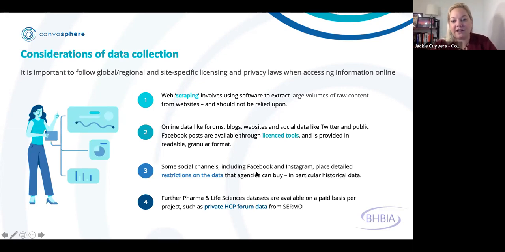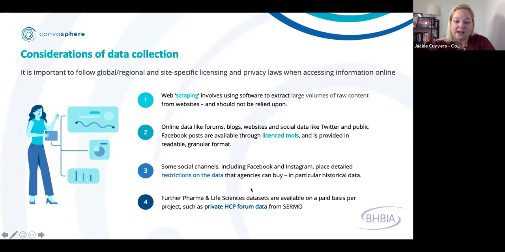And in particular, over the last few years, Facebook and Instagram, their data sets have become less and less available. So what's possible to get from them has really reduced over time. But it doesn't mean just because Facebook and Instagram have limited data that there's no data out there. There's actually quite a significant amount, even on things that you think might be taboo or people don't speak about. Even with rare diseases, there's generally pretty good data volumes out there, because you're looking at a 1 year historical period or 2 years historical period.